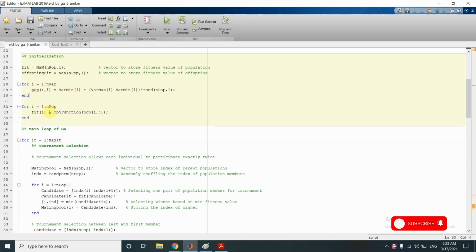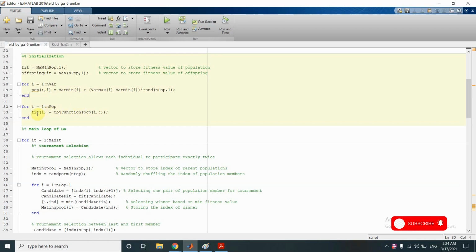Then fitness evaluation. Each of the individuals of the population is passed into the objective function, that is each row of this pop matrix would represent an individual and each row is separately passed into the objective function, and the value returned by the objective function would be the fitness.